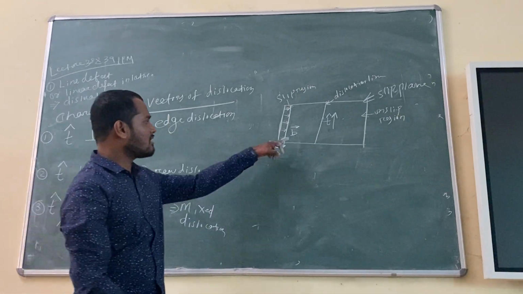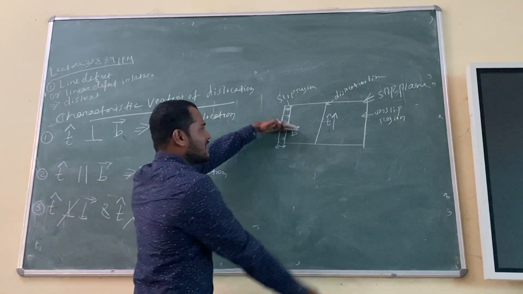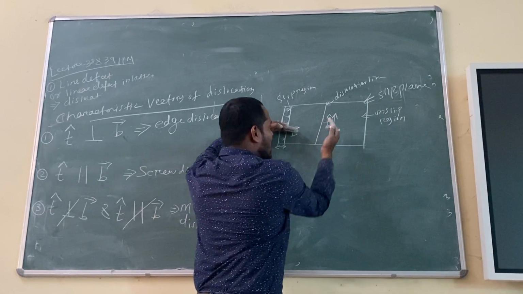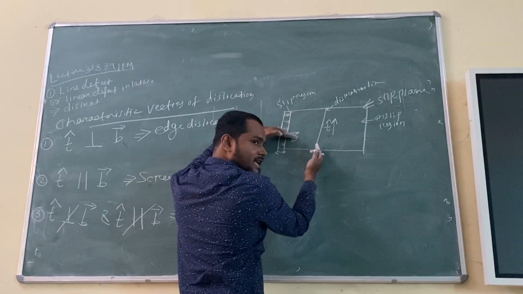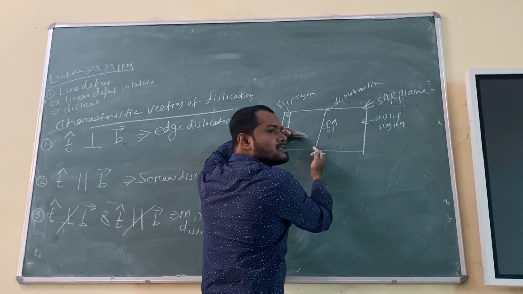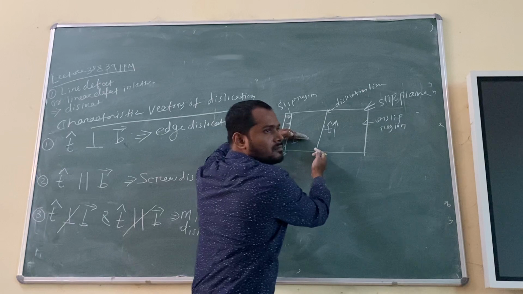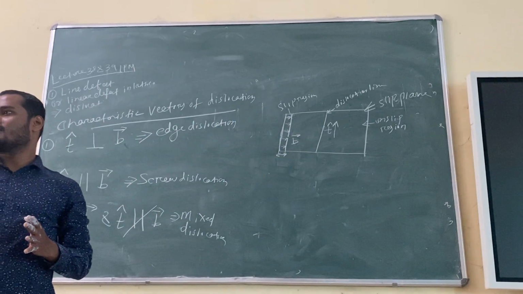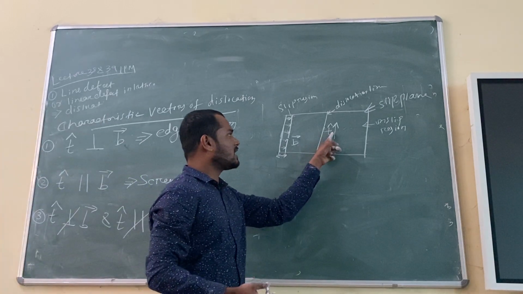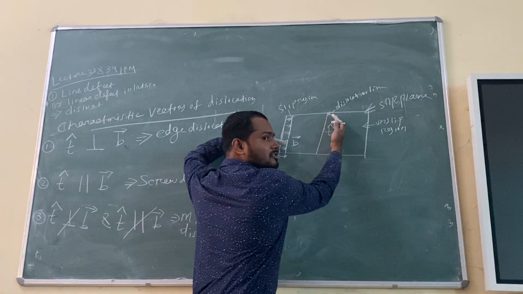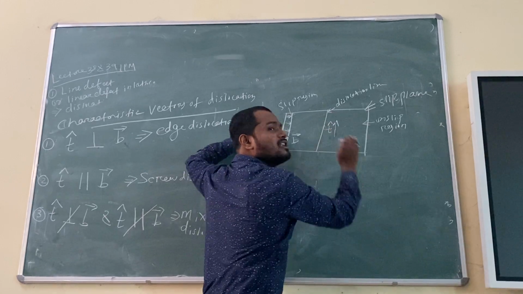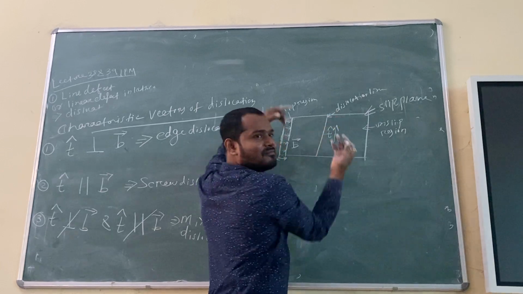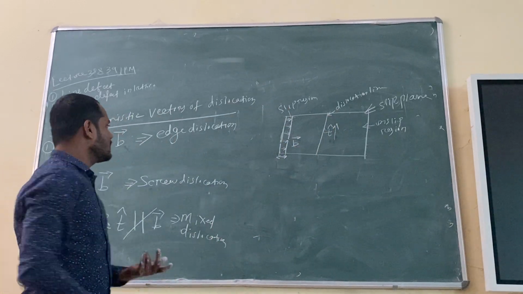It is okay. Now just have a look. The Burgers vector is like this, the tangent vector is like this. So they are perpendicular, yes or no? Right? Or in another way I can say the dislocation line is perpendicular to the slip direction or Burgers vector. You should not be confused. The question is very tricky actually. I am saying the tangent vector is like this, the Burgers vector is like this. So they are perpendicular. In another way I can say the Burgers vector is perpendicular to the dislocation line, which are both the same.